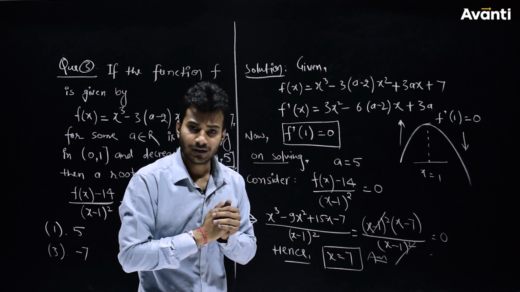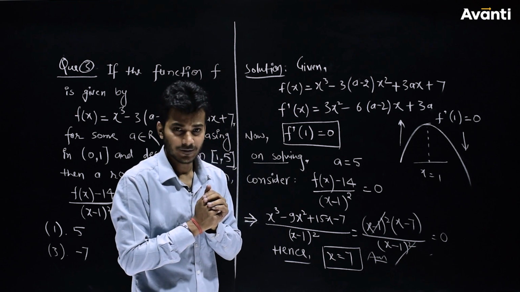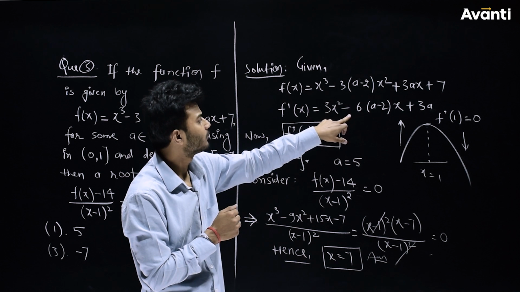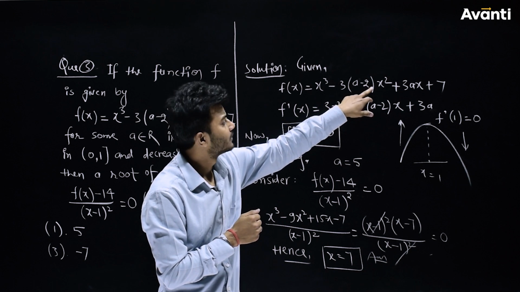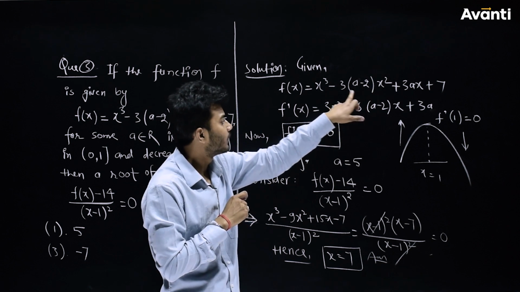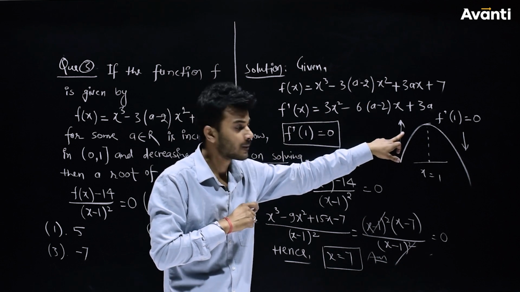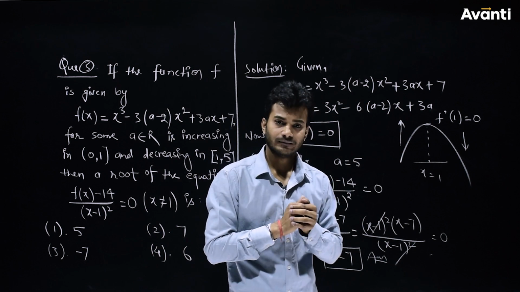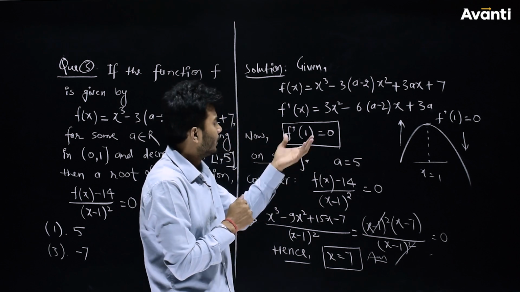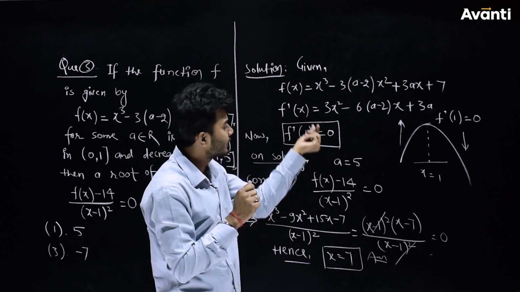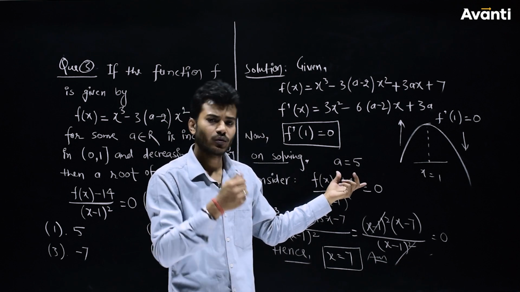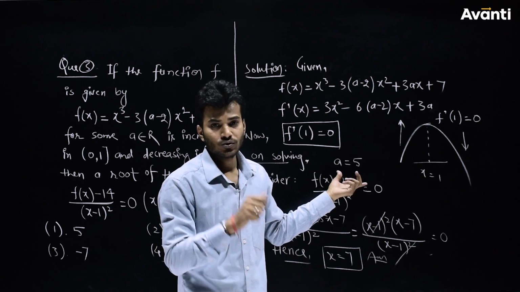We have to find f'(x), which we can easily find, right? So this is the expression of f'(x). For x³ it will be 3x², minus 3 times (a − 2)... this is all constant, and this is x², differentiation will be 2x, so it will be 6(a − 2)x. And further we have 3a. So by putting f'(1) = 0, when you put 1 in place of x, you will get the value of a, that you can solve. You will get a = 5.